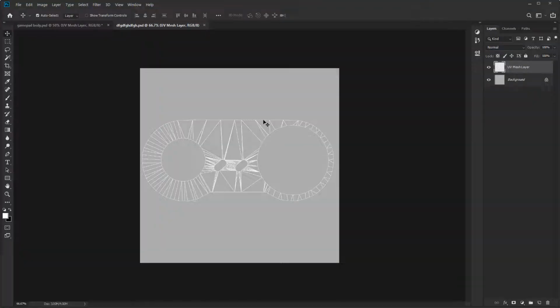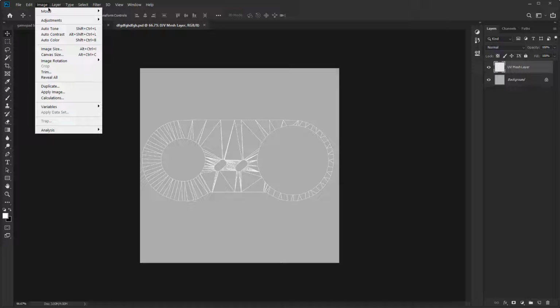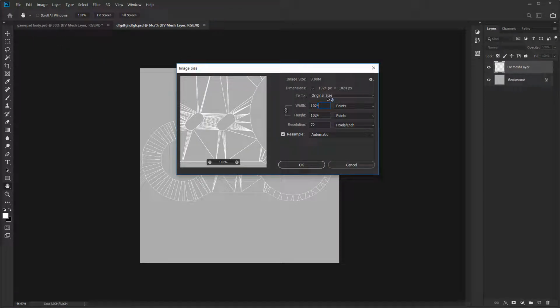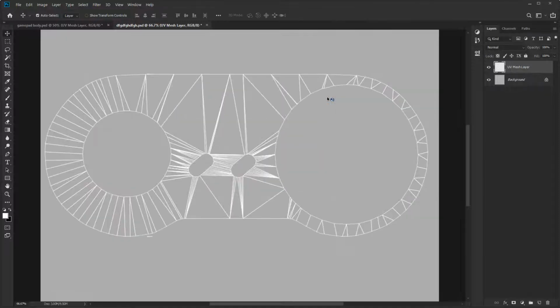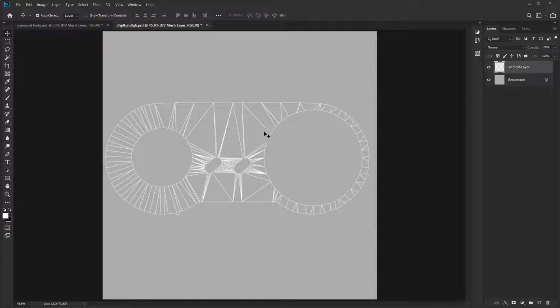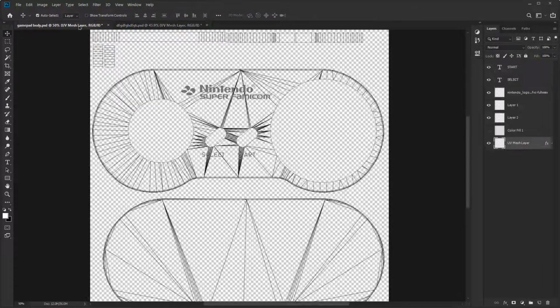Then just open it up in Photoshop, and maybe what you need to do is just make this of a higher or larger resolution rather. So just click on image, size, and just type in something like asterisk 2. Now it multiplies it. So now we have some texture to work with,